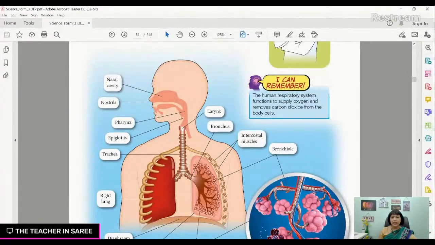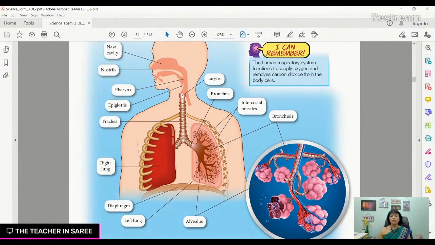So we have the trachea and also all along the bronchus. Your trachea then branches into two bronchi, left and right. So we have two lungs, left and right. These are nicely enclosed in your thorax cavity. We call this the thorax cavity. It is enclosed in a rib cage.